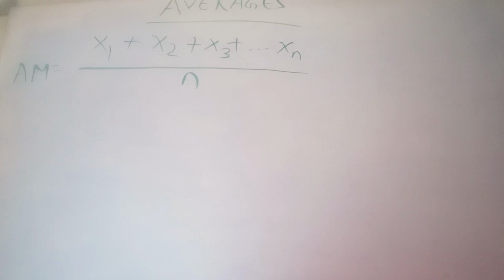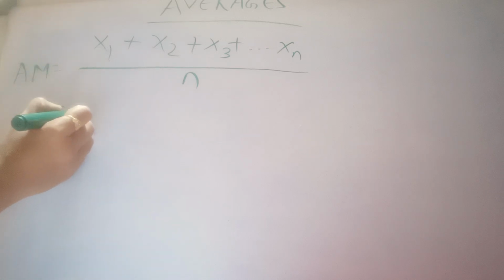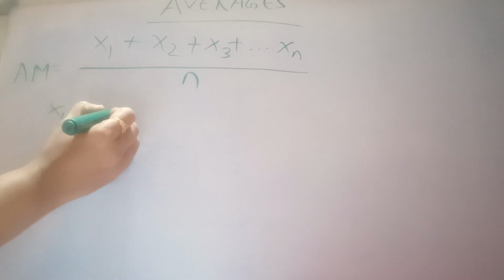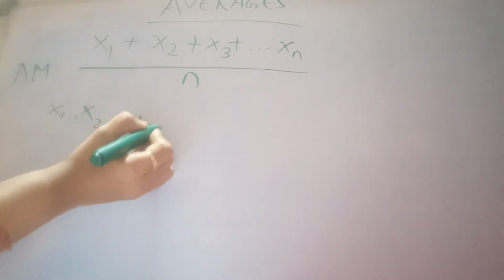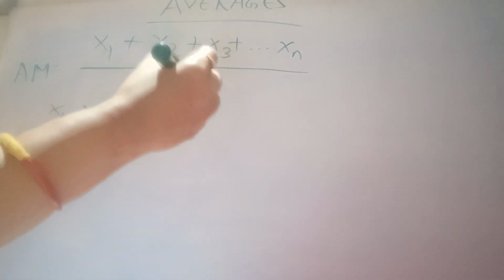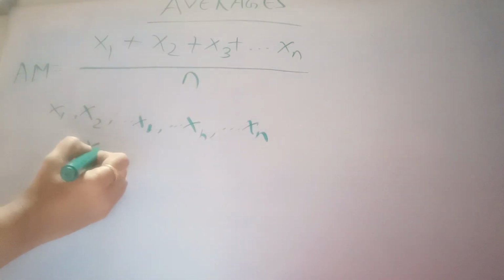Properties of average. Let's know about the properties of the average. The average of any two or more quantities necessarily lies between the lowest and highest values of the given data, that is, if xl and xh be the lowest and the highest values of the data, x1, x2 up to xl up to xh up to xn, then xl